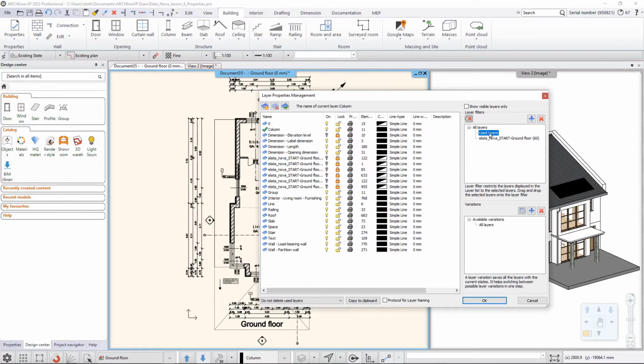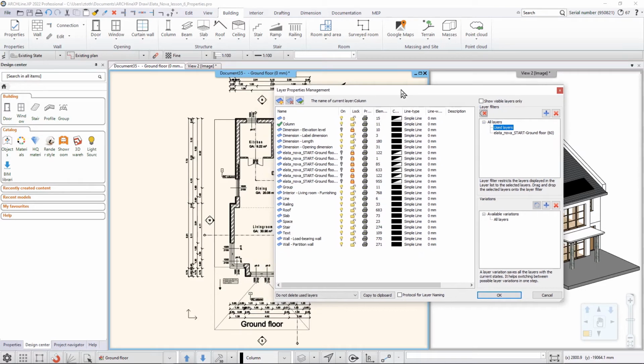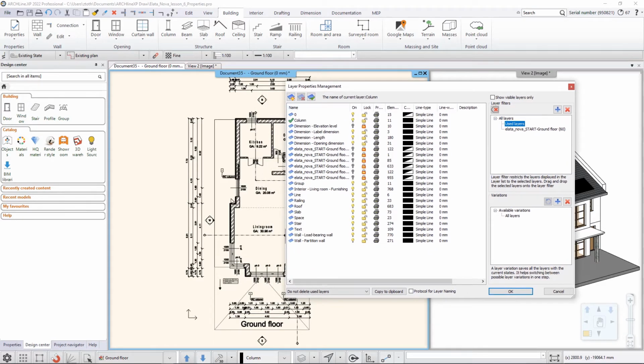Now let me go back and focus on this used layer list, and then I would like to show you how you can manage the layers, how you can manage their visibility, and whether their content is editable or printable, and this is how it goes. If I would like to, for example, hide all of these dimensions around, then I will just quickly go here and select the dimension length, because I know that these are length dimensions on the layer dimension length. And when I click on it and I select this little bulb icon, the moment I click on it,